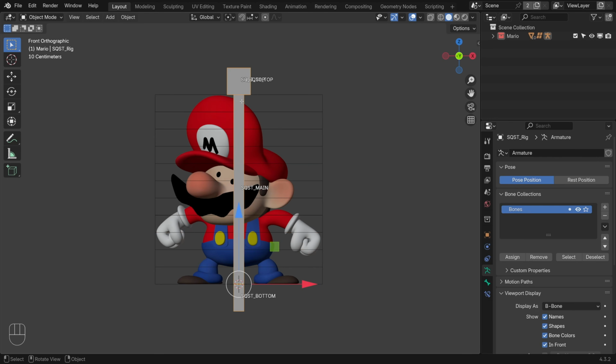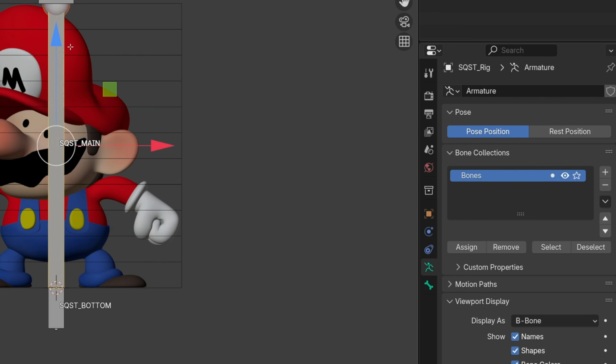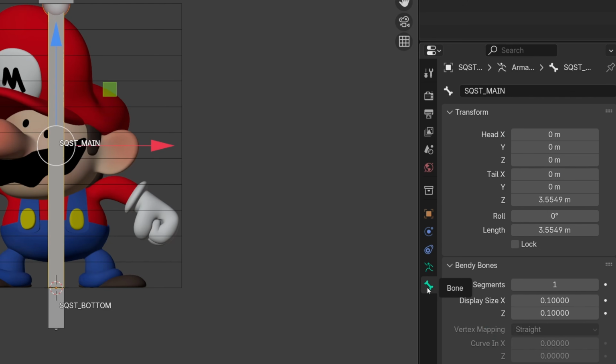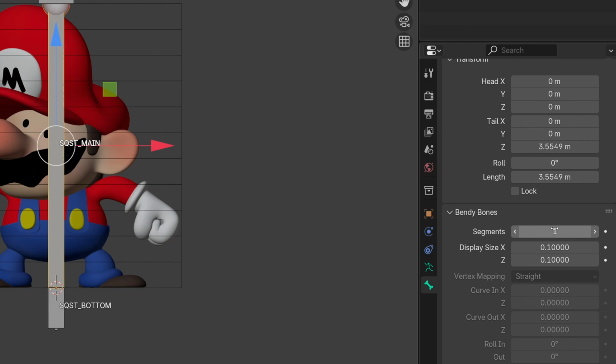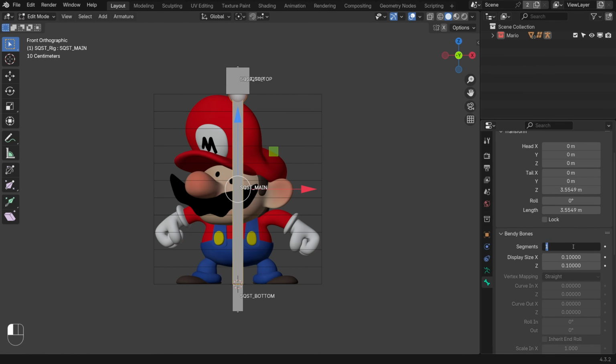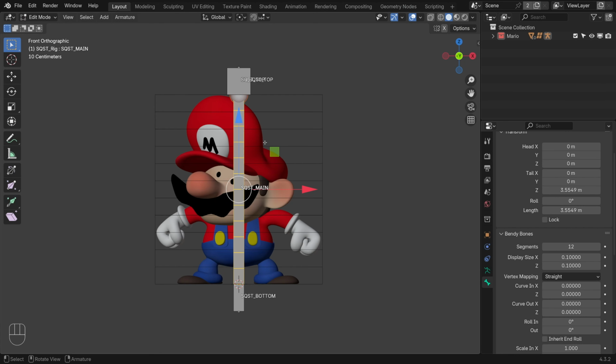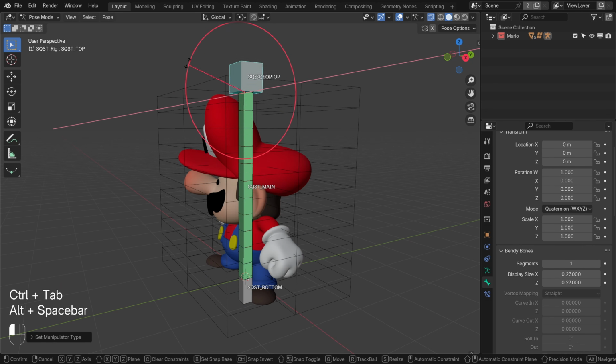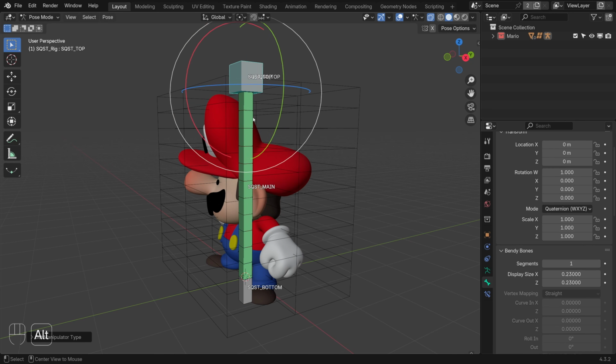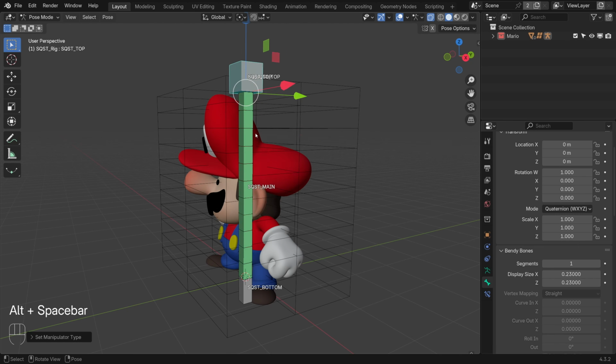Then I select the main bone, and under the bone properties, I increase the bendy bone segments. However, if we set it to 12, the lattice and the bone segments won't match perfectly. To fix this, set the number of bendy bone segments to one less than the lattice resolution. In that case, 11. Now our bendy bones are not only squashing and stretching, but also behave like a curve now, which is super